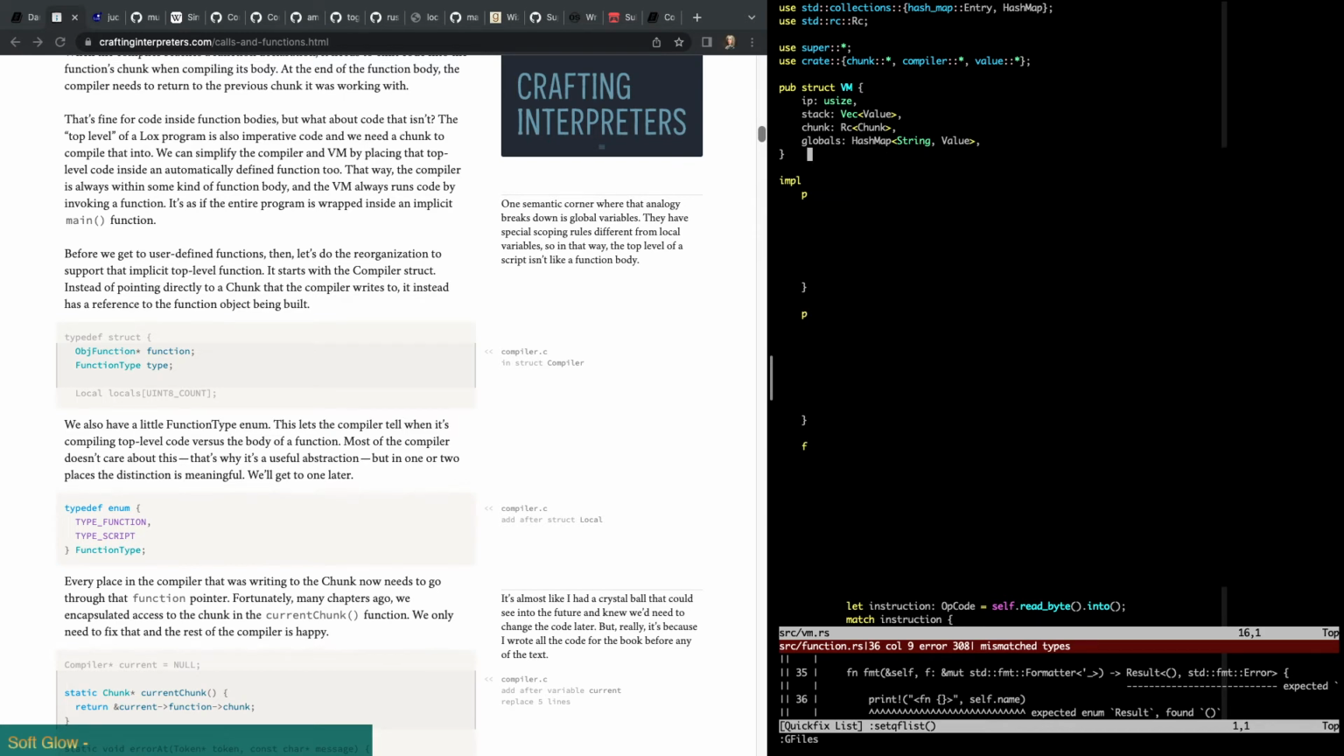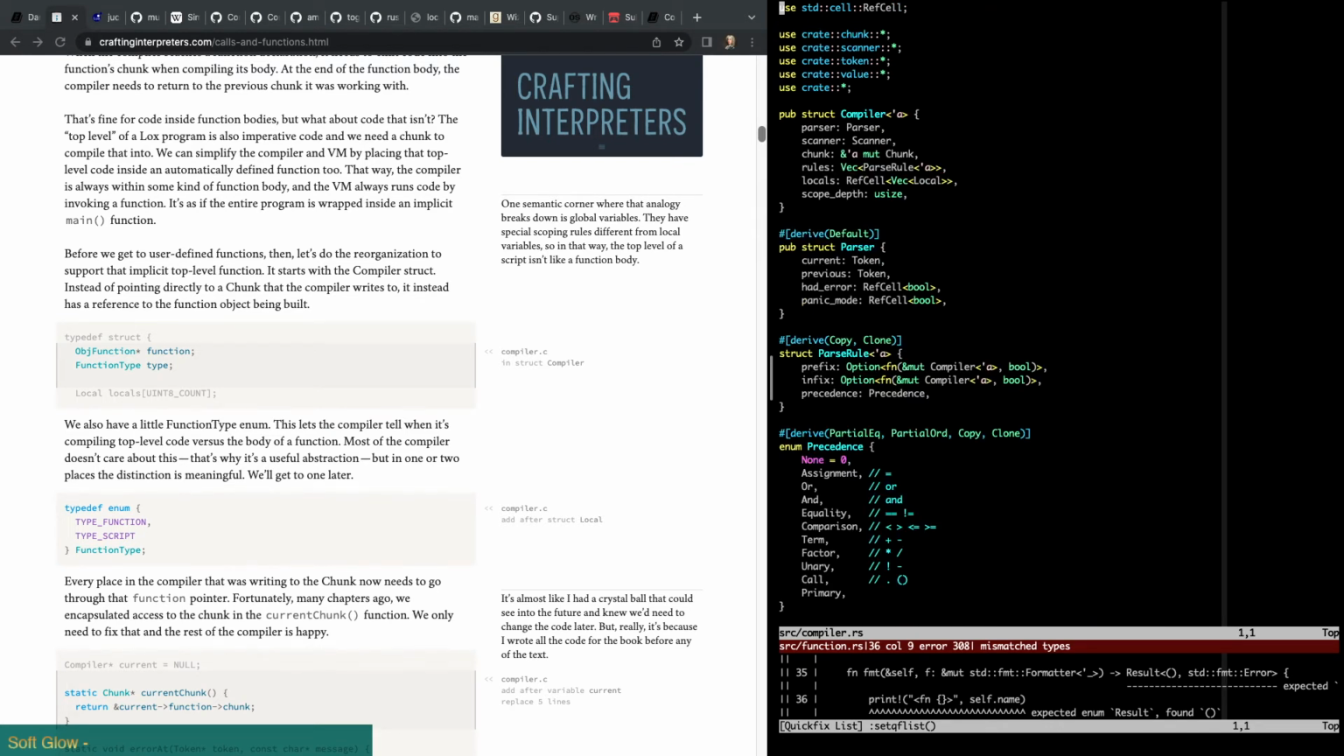So if we look at our compiler, the compiler currently maintains a chunk. But what this looks like it's saying is this should be a function instead. Right, here's the locals, for example. And then we have a function type, which is either going to be a script or a function. So then what happens as we go through different